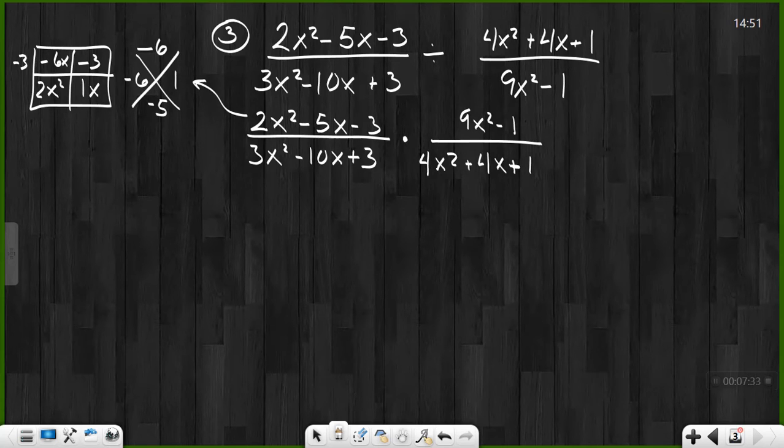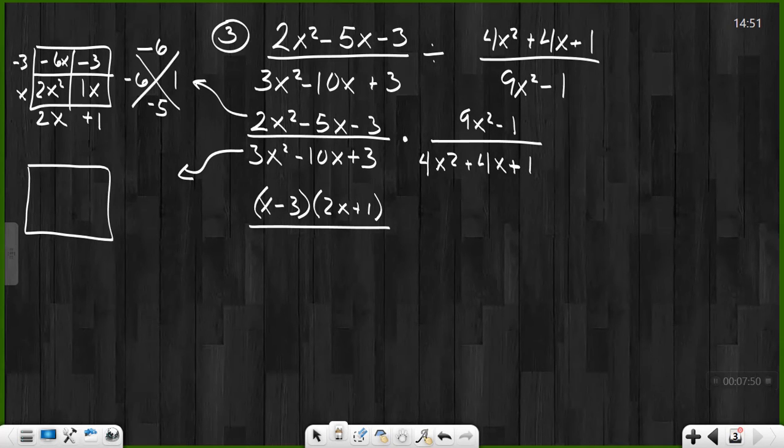And then I can pull out my GCF for my rows and columns, giving me x minus 3 times 2x plus 1 all over. Let's do the bottom here now. This one's also going to be a challenge. All right, in this case here, there's no GCF again, so I need to use my diamond problem and generic rectangle,